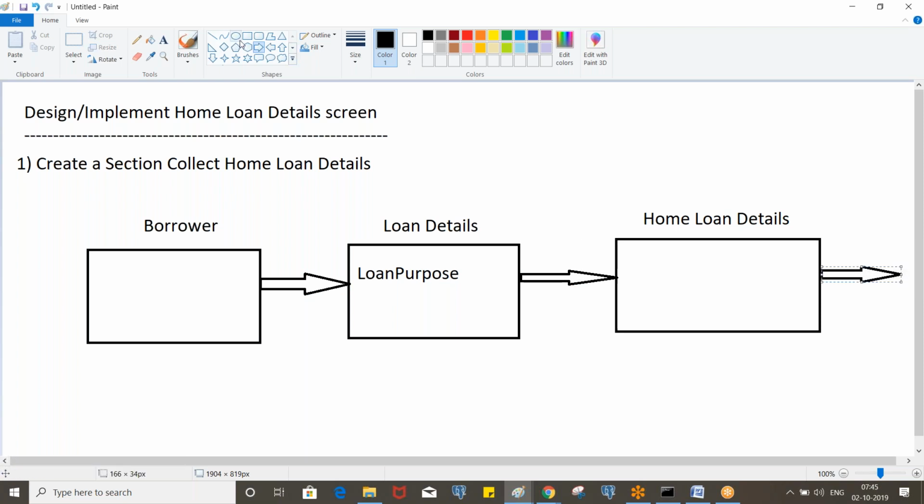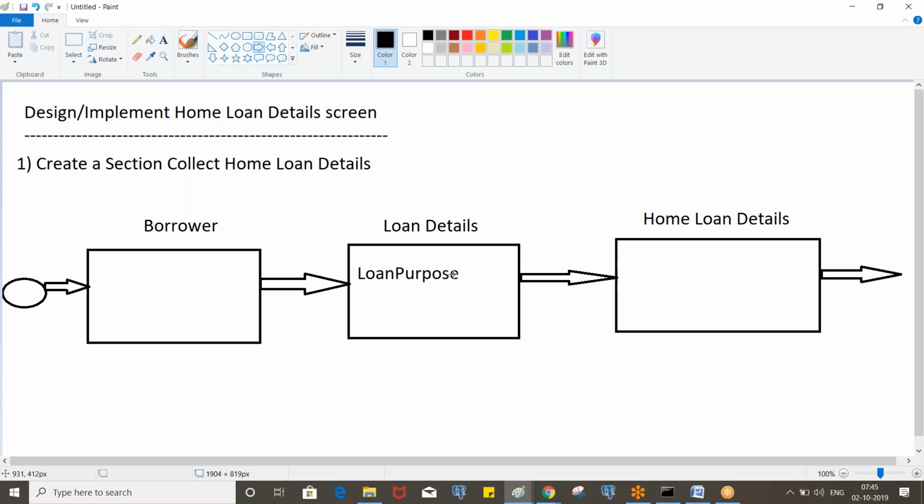This is our flow, and this is initial connected. So now here we have a flow action, and here 2 flow actions.